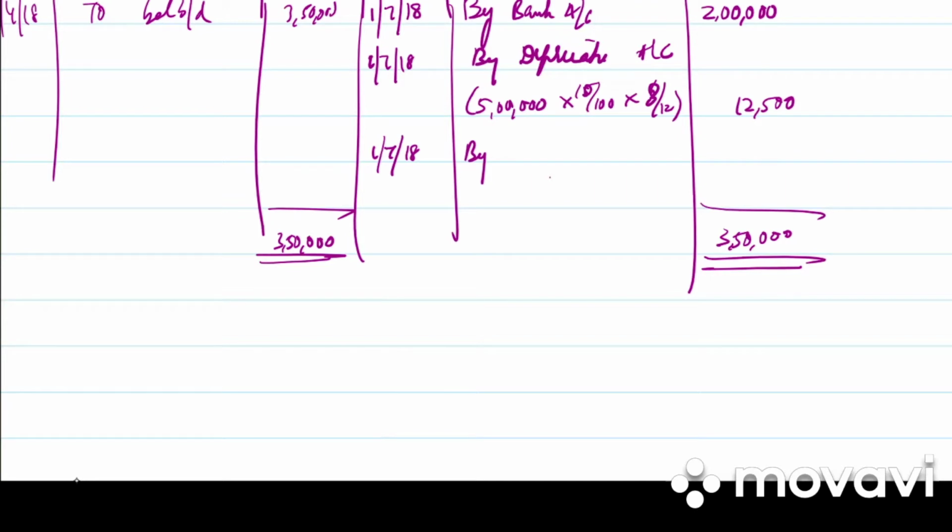Then we need to calculate whether we have a profit or loss on sale of machinery. So as our debit side is more than the credit side, we have a loss. So profit and loss statement account. In bracket you can write loss on sale of machinery. The machinery was for how much? As on 1st April 2018 it was for 3 lakh 50,000. We charged depreciation, so minus 12,500, and we sold for 2 lakh rupees. So 1 lakh 37,500 is the loss on sale of machinery.